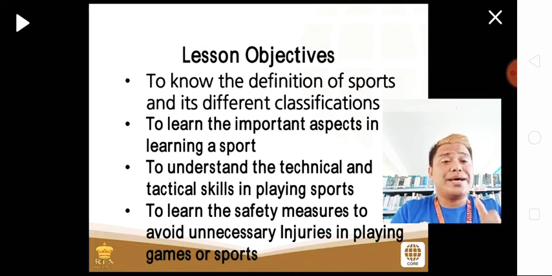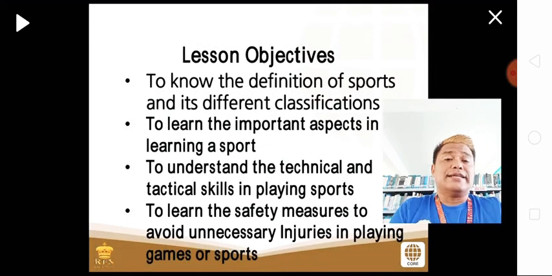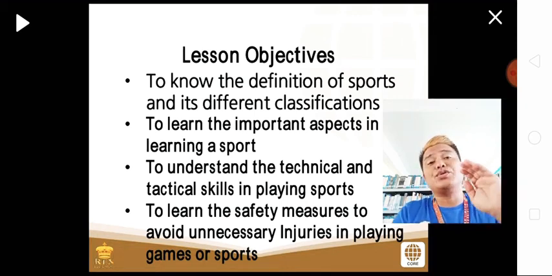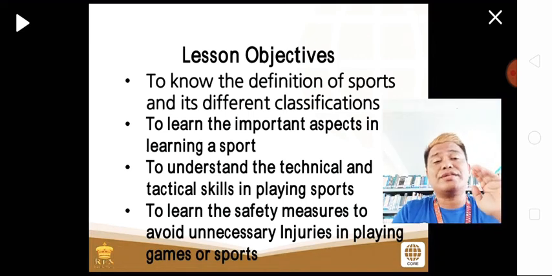Next, to understand the tactical and technical skills in playing sports. Fourth, the last one, to learn the safety measures to avoid unnecessary injuries in playing games and sports. You should know the objectives of this topic so that you will not ignore all the rules of the